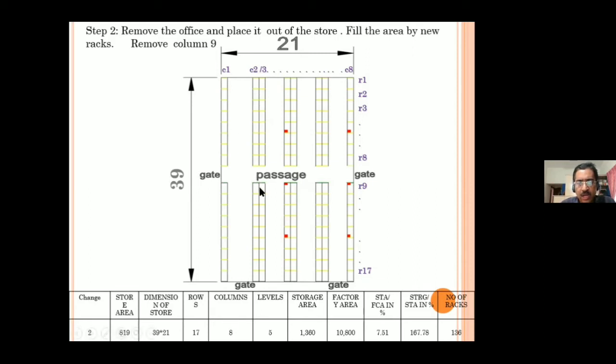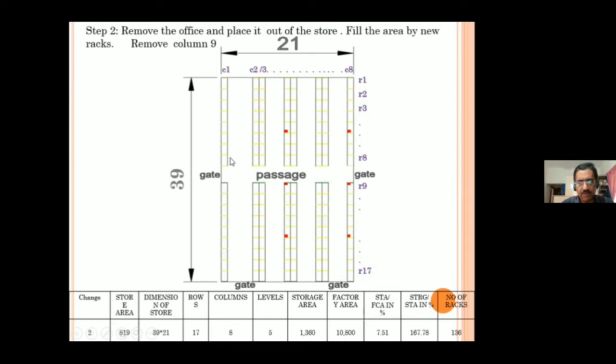As I told you earlier, you have 5-meter height here, and as it is sloping upwards, the height here becomes around 5.5, 5.7, 5.8 meter. So you can increase one more level. Now we have eliminated so many racks that we have got extra racks, that you can use by increasing the number of levels. Of course, you got to make sure that the load bearing capacity of the racks and the columns is good enough. Once you ensure that, instead of 4 levels, you can make it 5 levels.